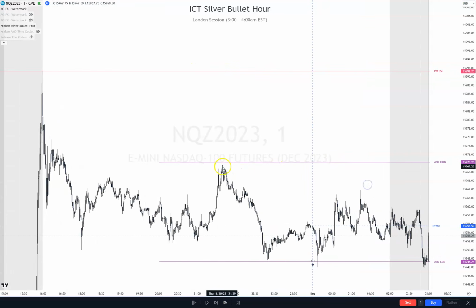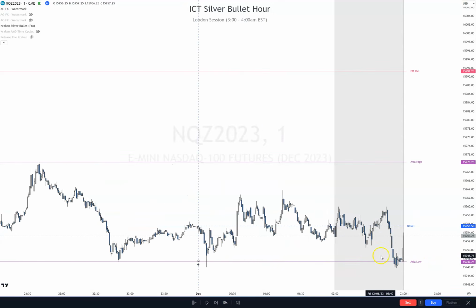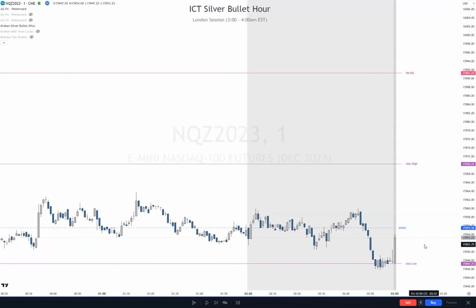Asia high, still open. Asia low, we took it here, and then we also took it here. So it's clearly been swept. So now what do we do? We look for a market structure shift and targeting Asia high, and if we want to continue on, target the PM buy side. Okay, first target here, if we took a partial, we'd take it off here and we'd leave a runner here. So on this scenario, I'm going to show you how to do two. Okay, if you did a partial,